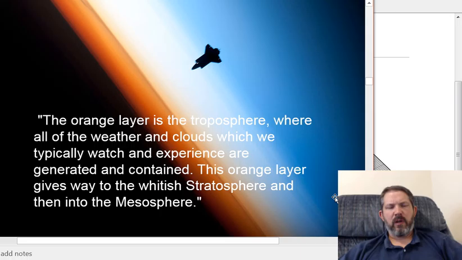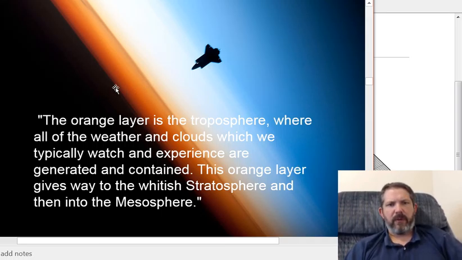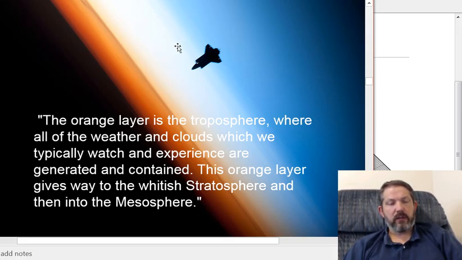But here's a view. Now, it's a little bit misleading because the shuttle is way up above any of these layers. The shuttle is just kind of framed in this picture. I assume it was taken from the space station or something. But they're looking back at the Earth. And this is the troposphere in orange. So that's a nice, clear picture of the troposphere. And then here's the stratosphere in white. And so you can see that there are distinct layers here. The troposphere, and then there's a very clear edge before you get to the stratosphere, and then into the mesosphere. And I assume this is kind of the edge of the mesosphere up here,